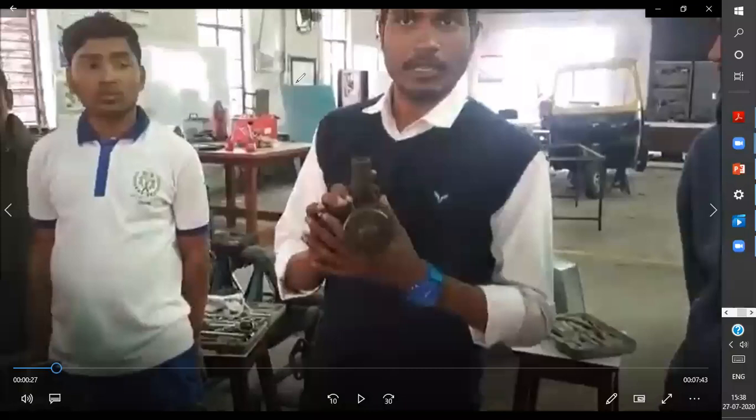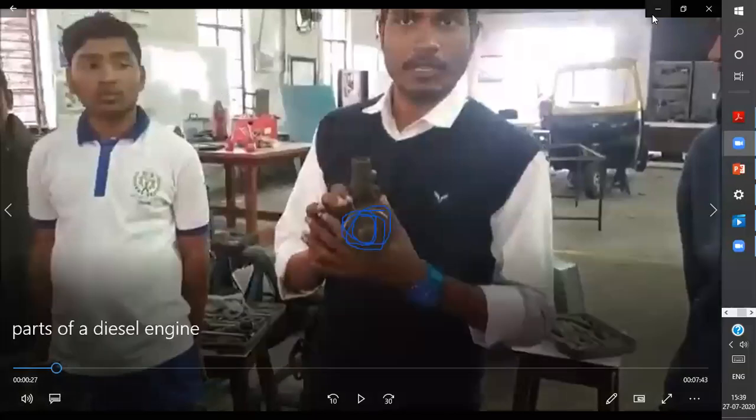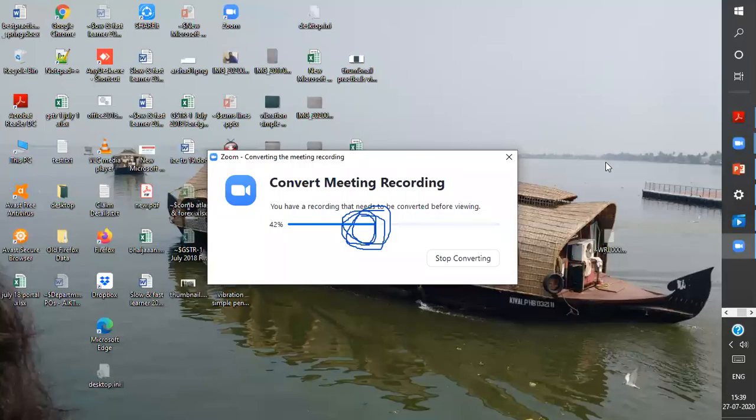That circular part is actually having a drive from your crankshaft. It is connected to the crankshaft via a pulley, and the inside parts get rotated just like a turbine, and it is pushing the coolant inside the engine. Where is this coolant going, students? It is going inside the cylinder walls, but there is a gap between the engine and the cylinder walls.